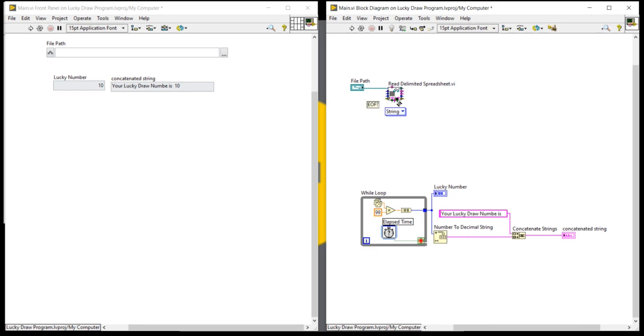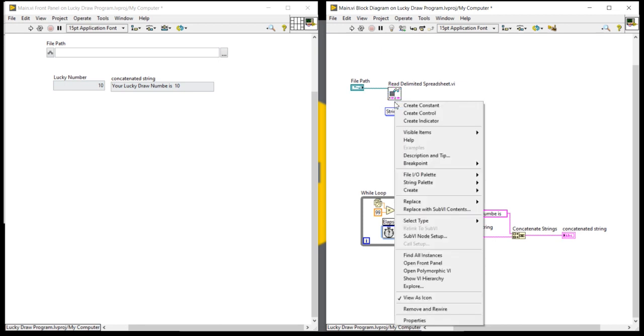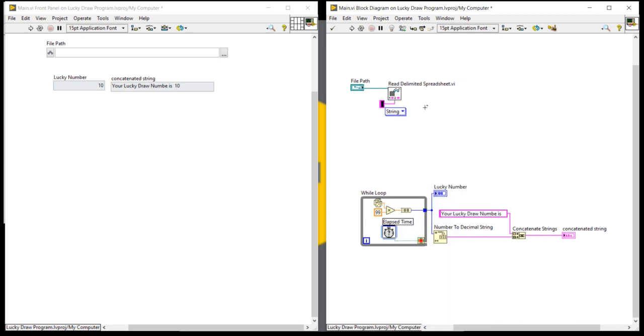At the bottom, you will find this delimiter string constant. Here on the delimiter, I am going to create a constant. My delimiter will be the comma.